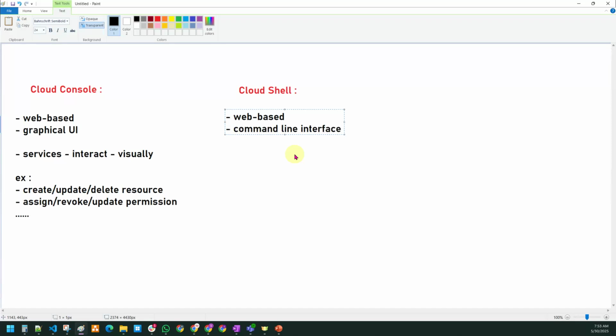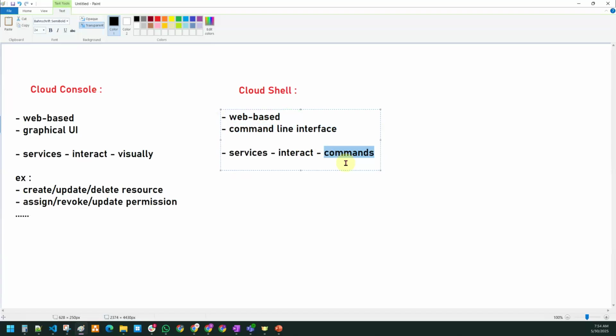So Cloud Shell is a web-based command line interface to interact with the GCP services. Using what? In command line interfaces, if one wants to interact with the GCP services, how do we interact? Using the commands, right? So Cloud Shell is a web-based command line interface to interact with the GCP services via commands.